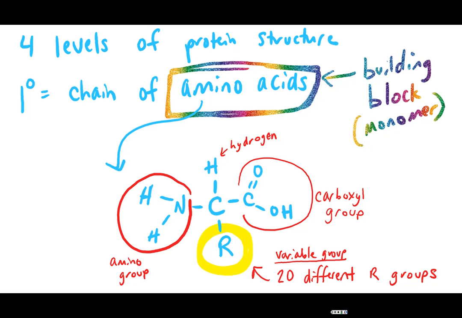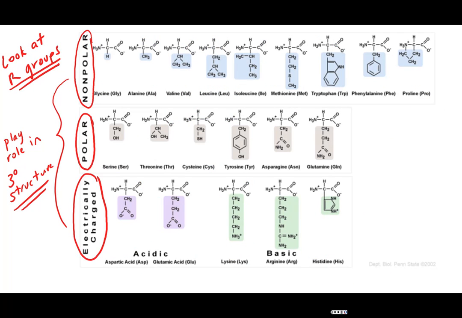Now the R group here is the variable group. There are 20 different R groups. There are 20 different amino acids. And the thing that's different about each of those amino acids is that R group. So here is a picture from the internet of those 20 amino acids that are used in our cells to make our proteins. And if you look, they've highlighted those different R groups, so you can see it's as simple as a hydrogen, or it can be something really complicated like with arginine, okay?